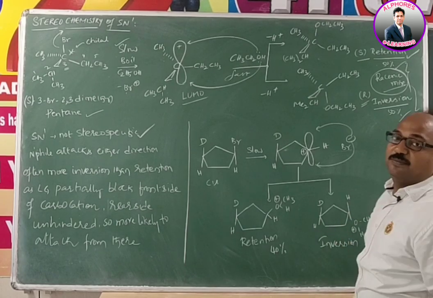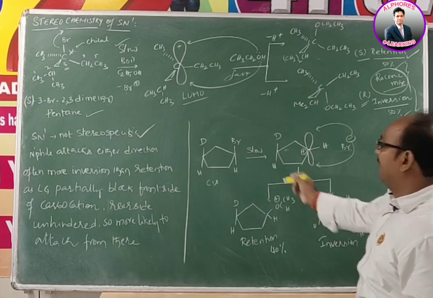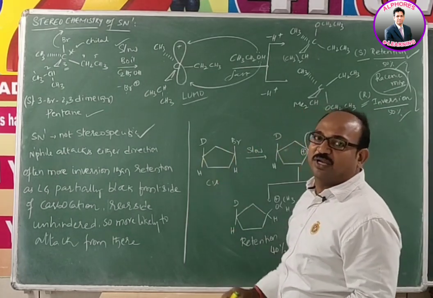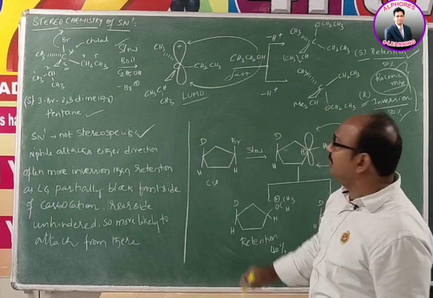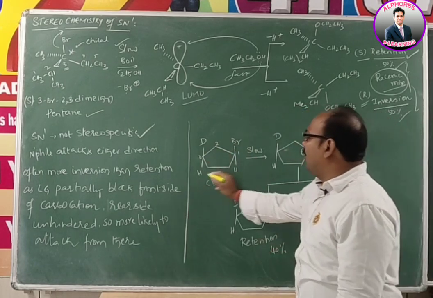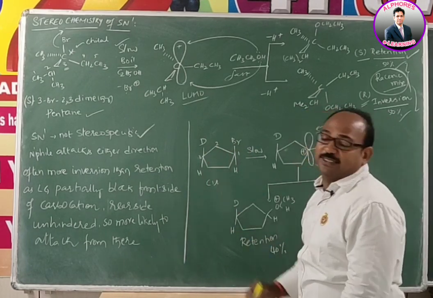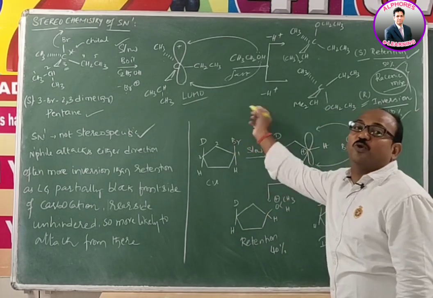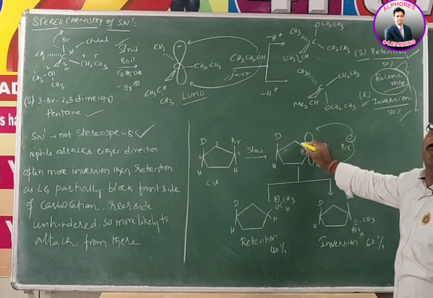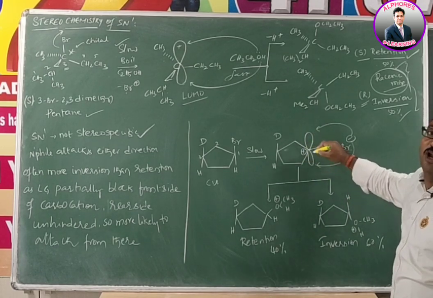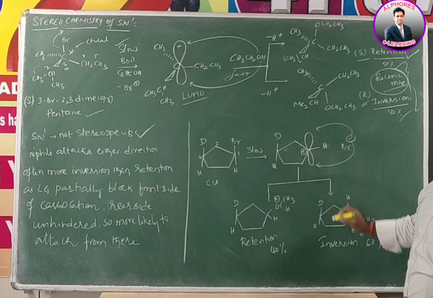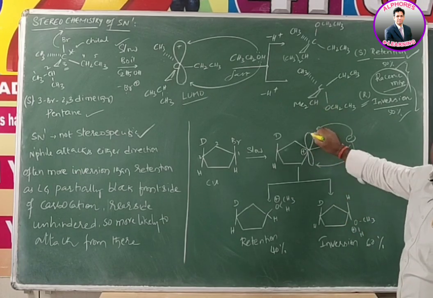But here a problem is, we can notice with another example. This is cyclopentane, with first and third positions. The third position is attached to deuterium, and the first position is attached to bromine. 1, 2, 3. Now both the deuterium and hydrogen are on the same side, which we call cis. Now the Br group is going to depart, and ultimately we get a carbocation. With respect to the plane containing these three bonds, the vacant orbital lobes are perpendicular to that plane, which contains the bond pairs. That means these lobes are located above and below the plane.